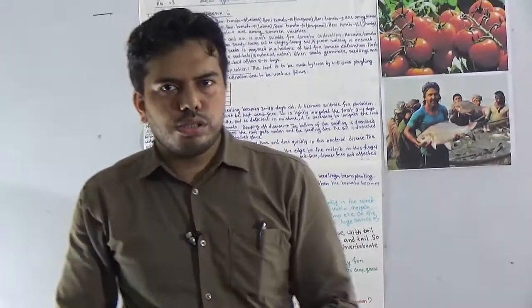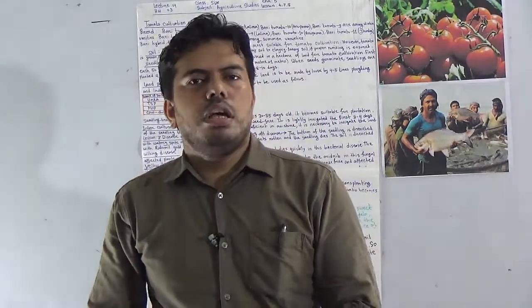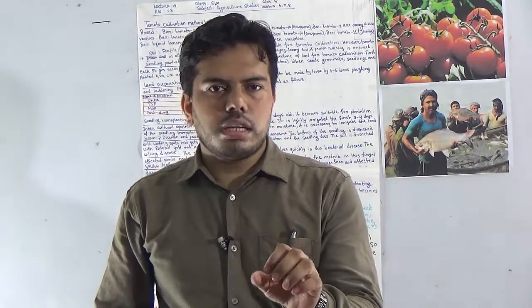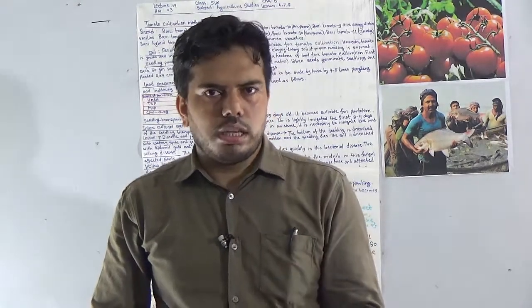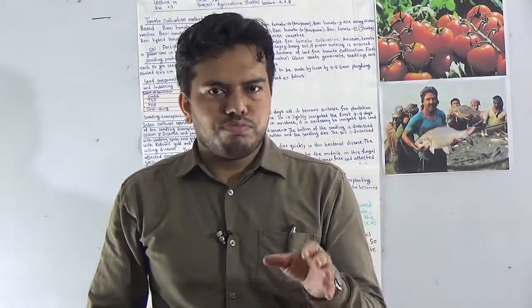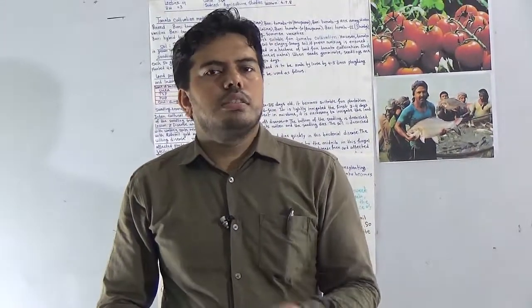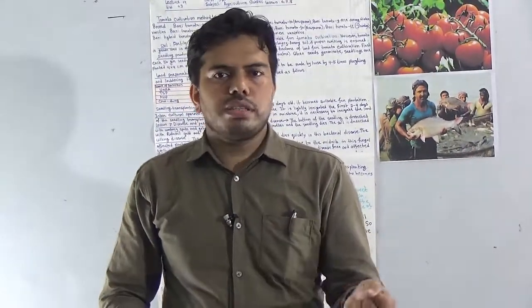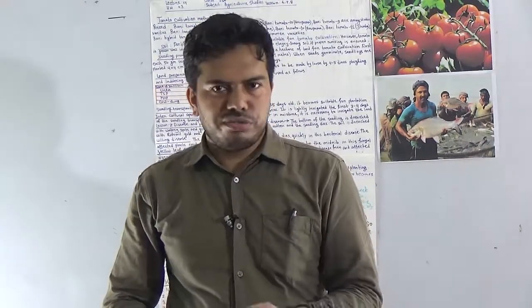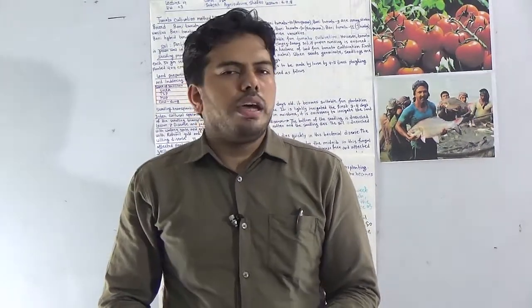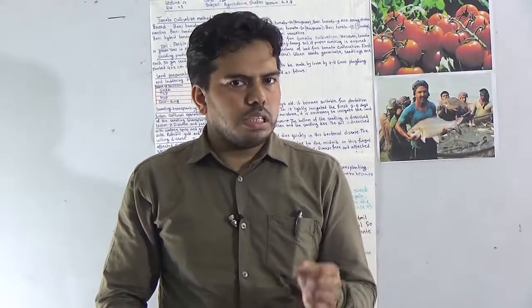So in this discussion we have already understood how to cultivate tomato properly, what should be the breed, what should be the soil, and how you can plow your soil to make it loose, and then how to control disease. We are introduced with different types of disease, and at the end of our today's class we get some idea